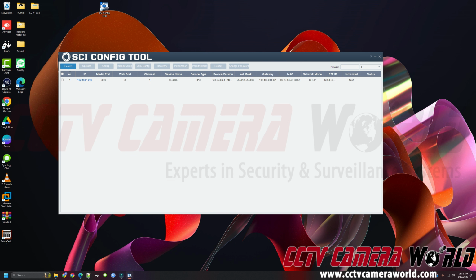So when you open the software, it will automatically search for compatible Security Cameras Inc. devices on your network. And if you connect any newer devices after you open the tool, you can click on the Search button or Search tab to refresh the list of devices. Here we can see I have an SC4KBL Security Cameras Inc. IP camera connected to my local network. And then its initialized